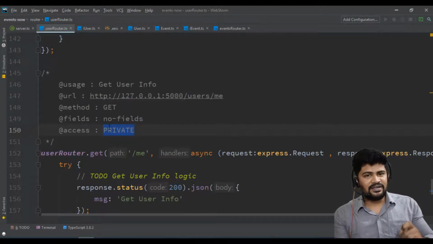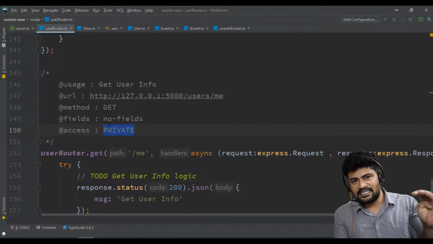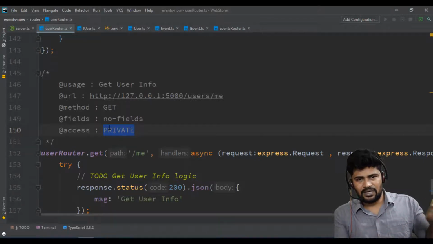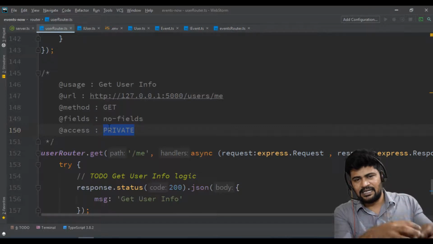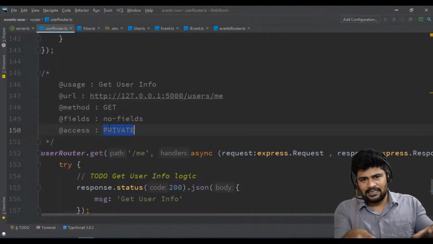To be verified, you have to send that token back to the server. The client will take the token, put it in the request header and send it to the server.